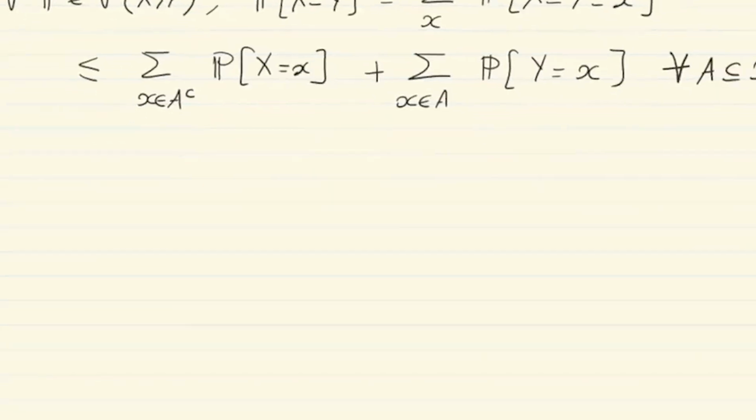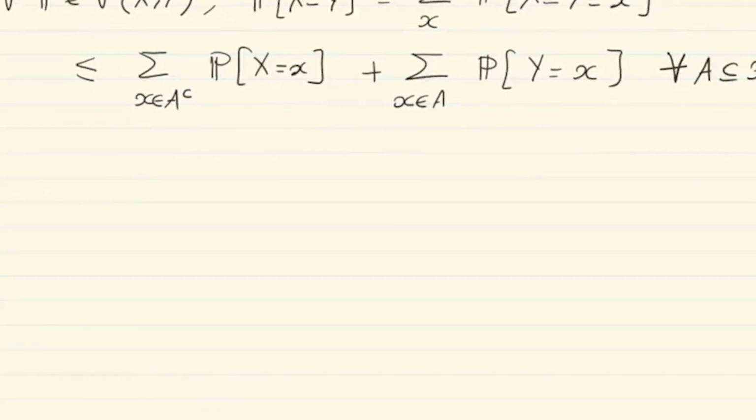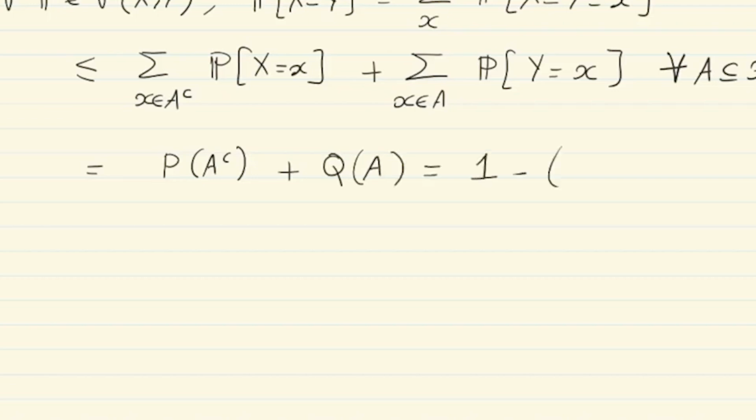Okay, and now by the definition of coupling, the bold P of X equal to x is simply the regular P of A complement. The second term, by definition of the coupling, is Q of A, and this is 1 minus P(A) minus Q(A). Okay, so the probability of X being equal to Y is upper bounded by any such expression for all A